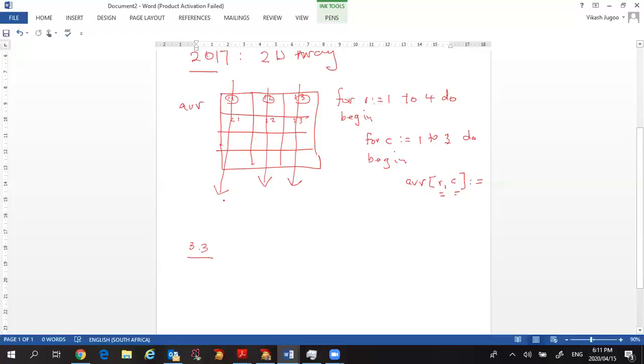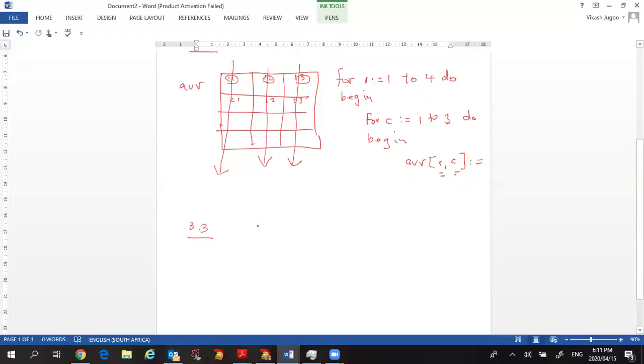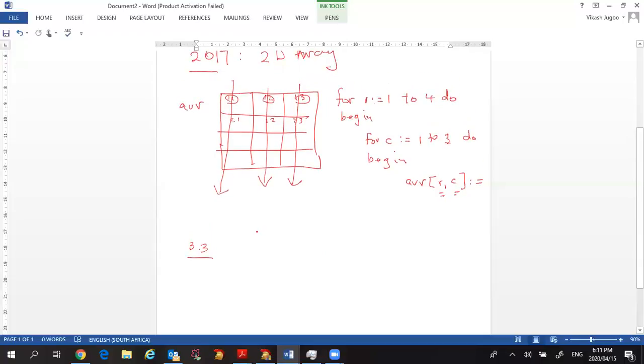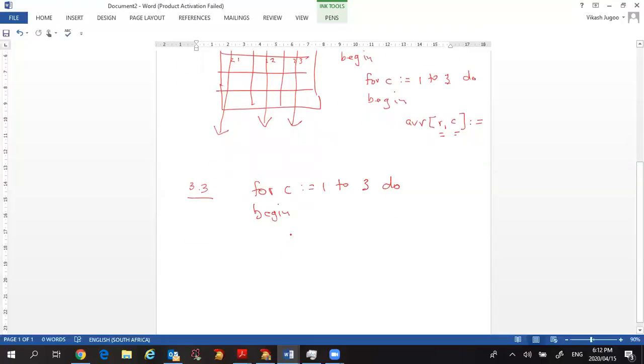In order to achieve that, all you simply do is swap your two for loops around. You have your column loop first. For C, assign the value 1 to 3, do begin. And then you bring in your R loop. For R, assign the value 1 to 4,